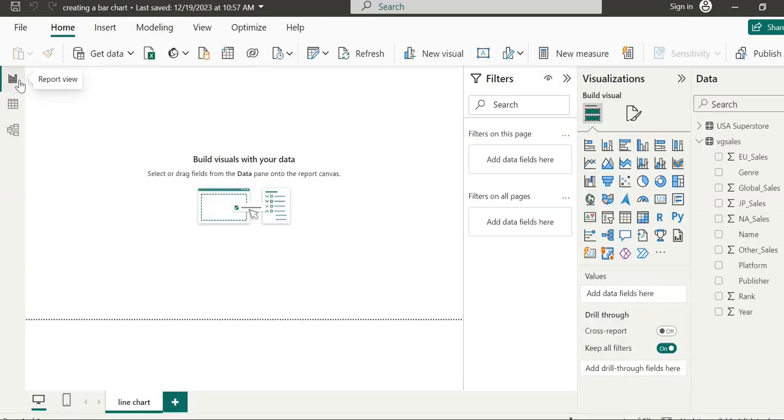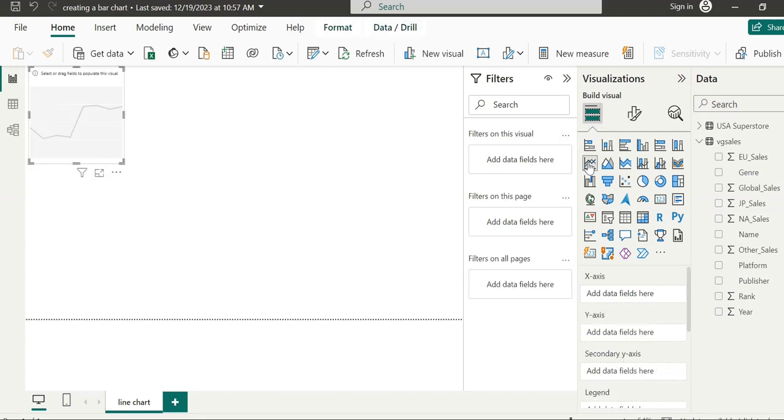line chart. Let's choose the line chart from the Visualizations pane, visible in row 2 of the visualization toolbox. This is the symbol for the line chart. The first control from the left in the second row represents the line chart. By clicking on this, we add a placeholder for a line chart. We will increase its size